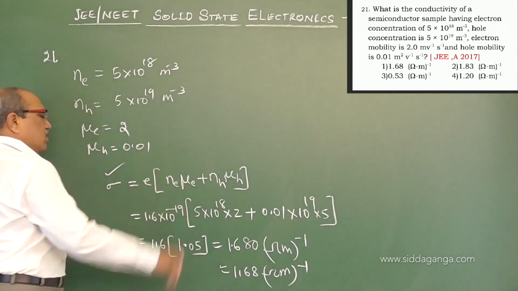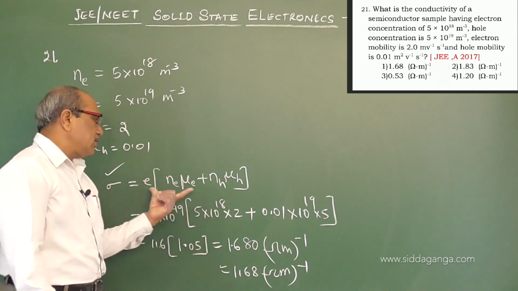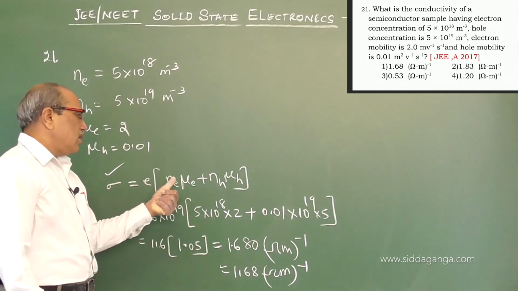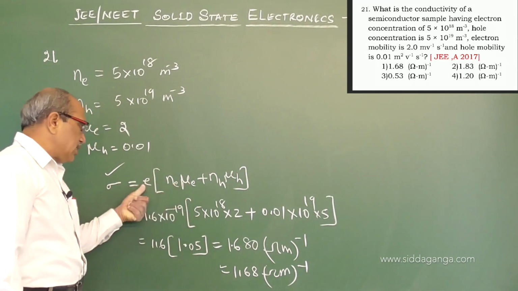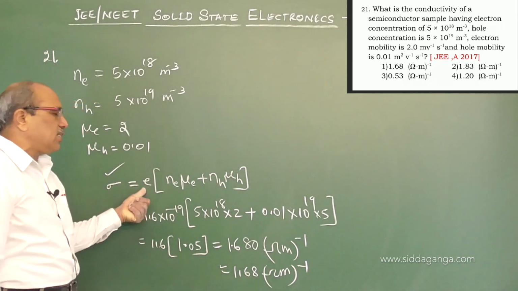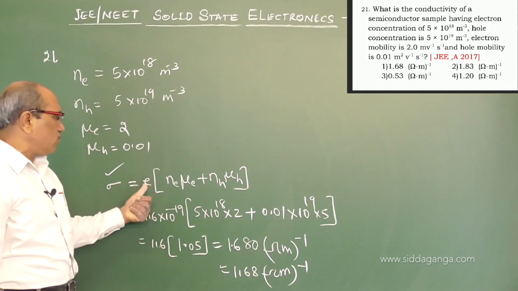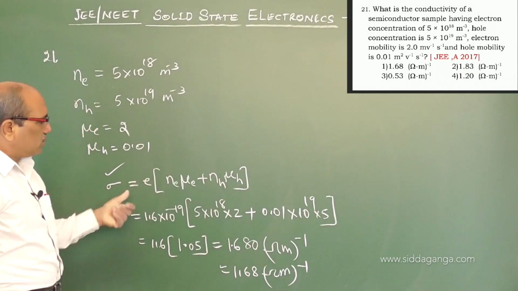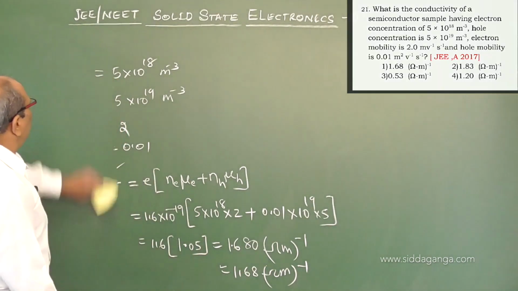This relation, I hope you have understood, was explained in the discussion of semiconductors. Conductivity is given by charge on carrier times concentration, Ne mu E for only electrons, or only holes for this relation, but in the case of semiconductors both contribute to current. Therefore sigma is equal to Ne mu E into e plus Nh mu H into e. I brought e outside and solved. Answer is the first one.